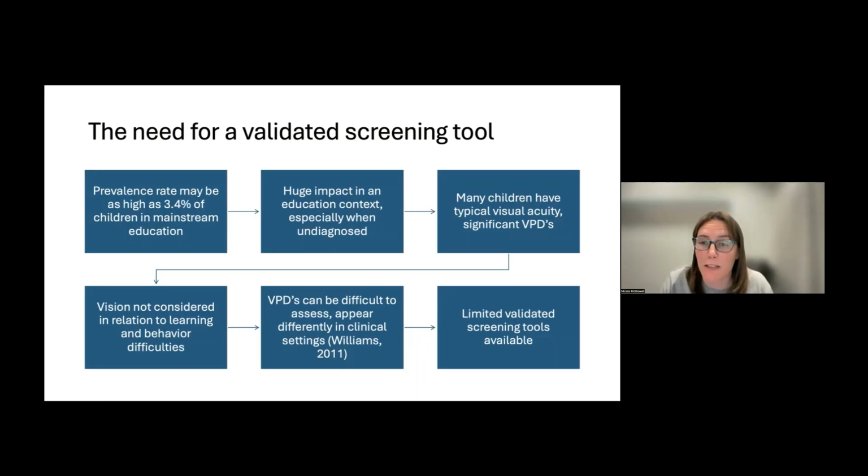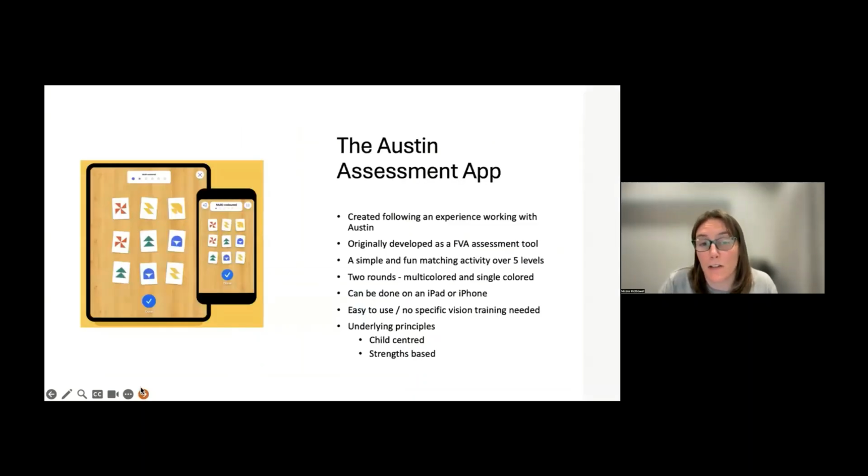It can be difficult to assess because they appear different in clinical settings as opposed to real world situations. And there's currently limited validated screening tools available. So I developed a screening tool for CVI with the visual perceptual difficulties called the Austin Assessment app. It was created following an experience working with a young boy called Austin who had cerebral palsy